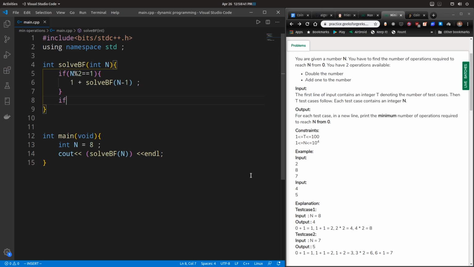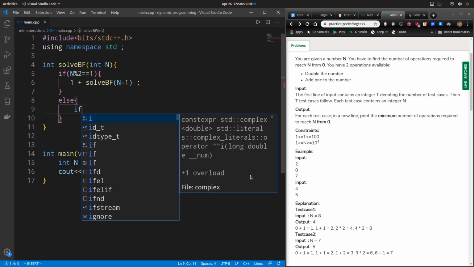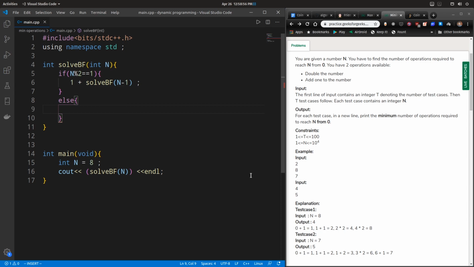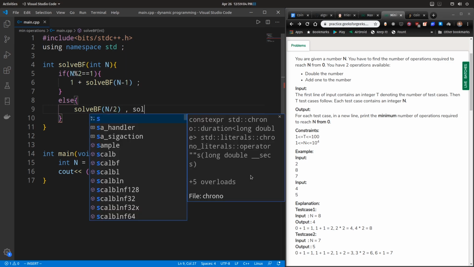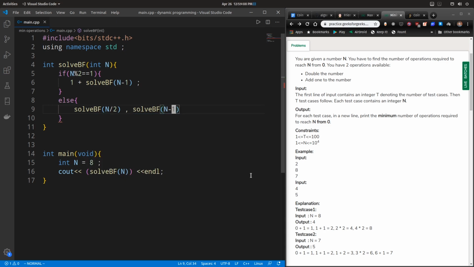Similarly, if n were an even number, then n could have been obtained either by doubling the previous number or by incrementing 1. By previous number I mean if n is got by doubling, then our sub problem was n by 2. Otherwise, if it was got from incrementing, then the sub problem is n minus 1.